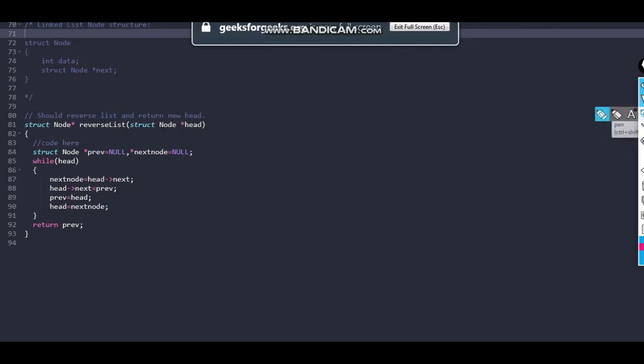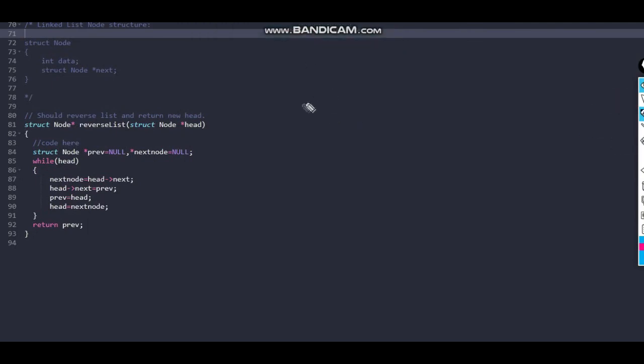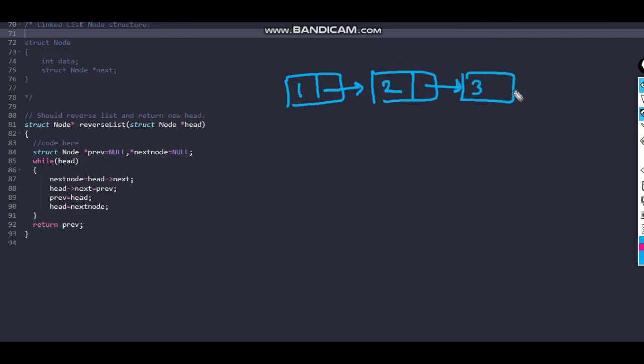Let's say I'm taking a linked list 1 2 3 and 4. This is our linked list, right? They have given the head of it, so this is our head. So now I am making two variables, that is prev, that is initially pointing to null, and next node, so next nn, right?